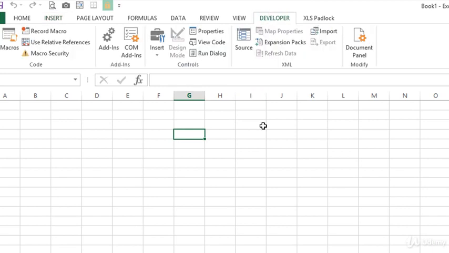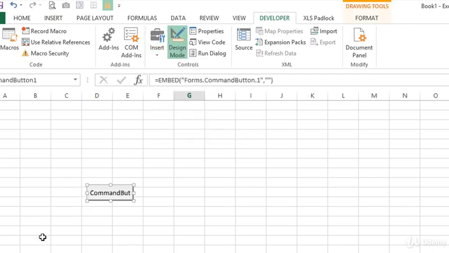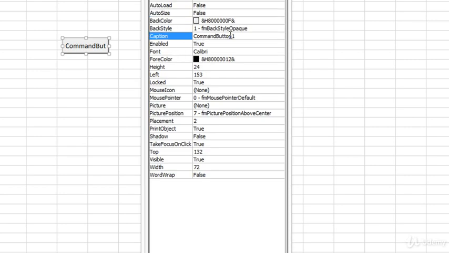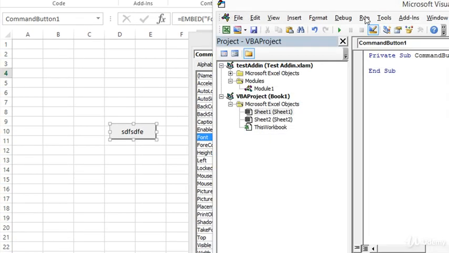You click on the Developer tab, you go to Insert, and at the bottom under ActiveX Controls, you just find this little button symbol. And then click anywhere and you have a button. You can right click and go to Properties, and that will allow you to change the caption. If you click on Caption here and type in whatever you want, or click Me. I'm not going to go into that much in this video, and then you simply double click on it, and